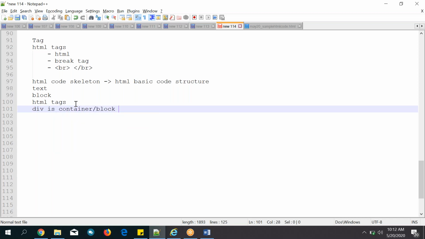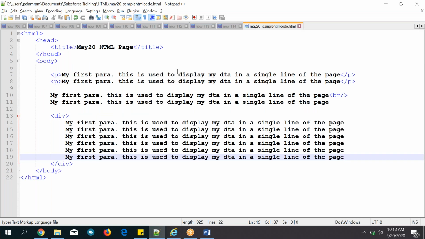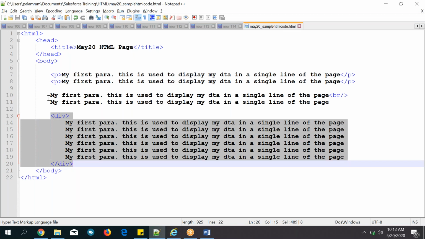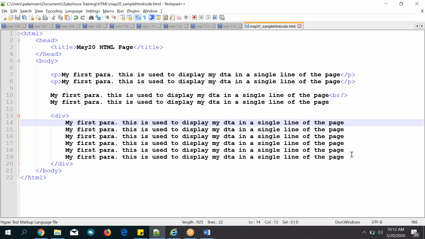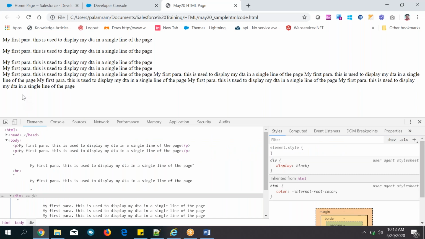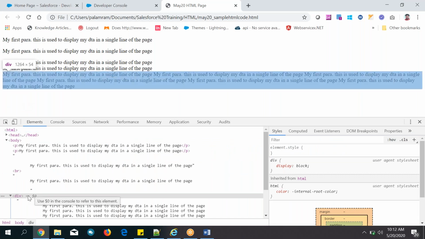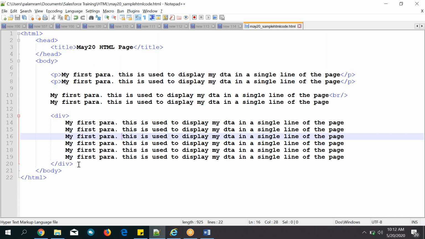Whatever it may be, in between that you can write anything. It's acting as a storage container like that, simply. And if you know the output of the div, how it will take it, then based on the requirements you can use it. That's all about div.